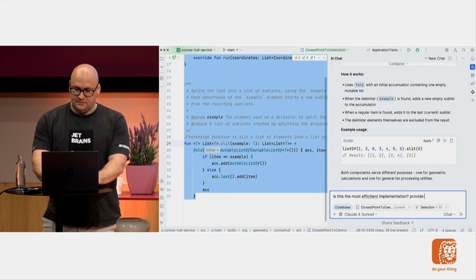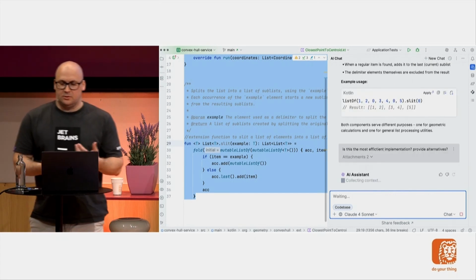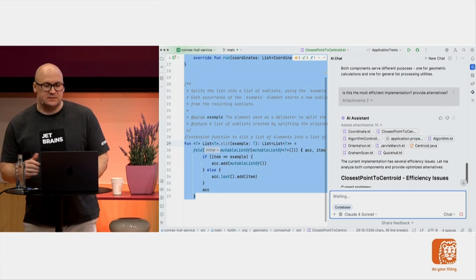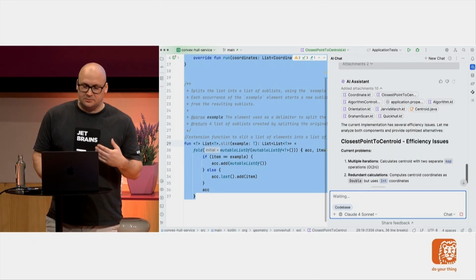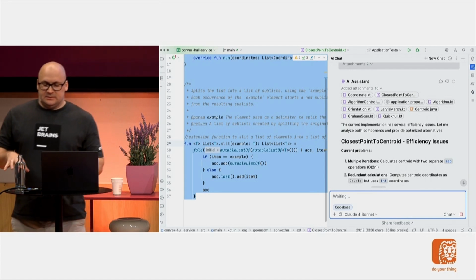Provide alternatives. So we can ask questions about the code, ask for alternatives, ask for the patches, improvements, ask for more code to be generated, and as this progresses,